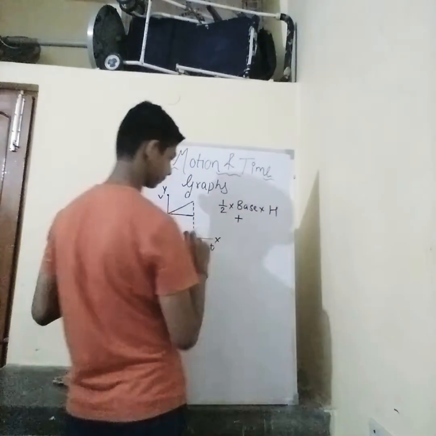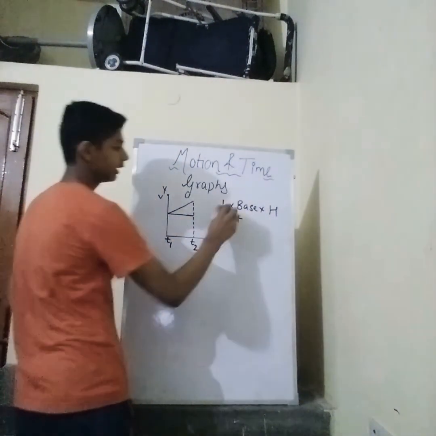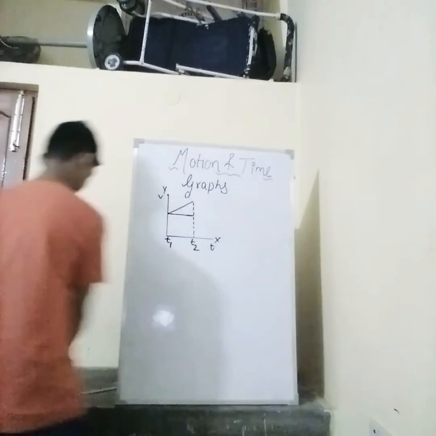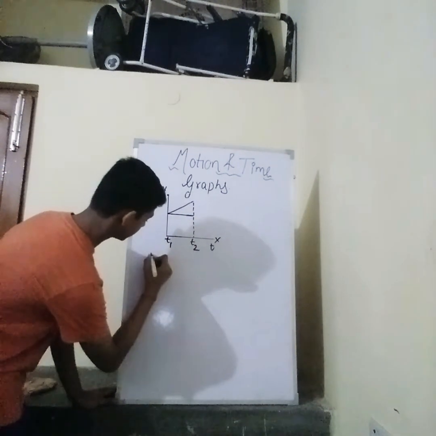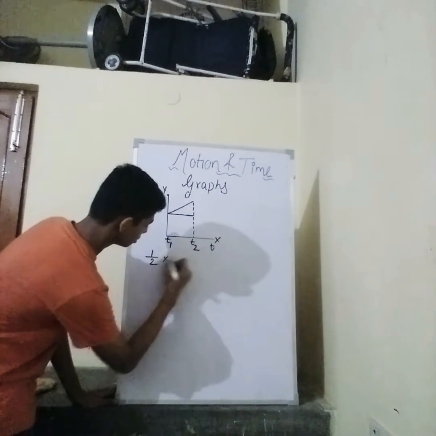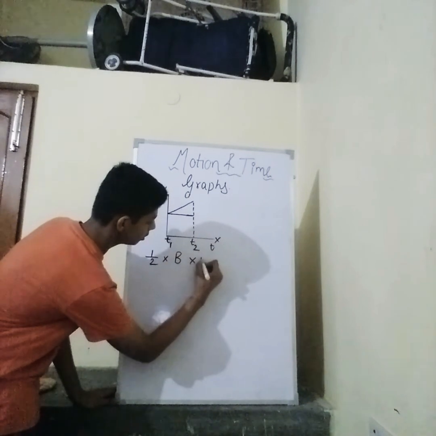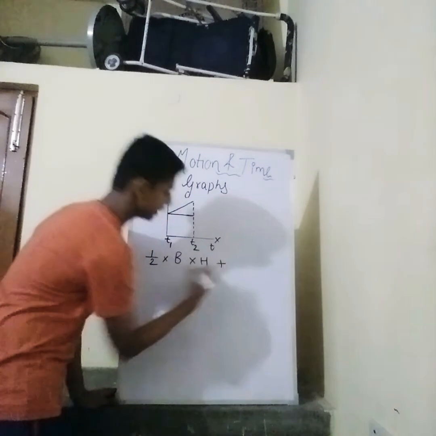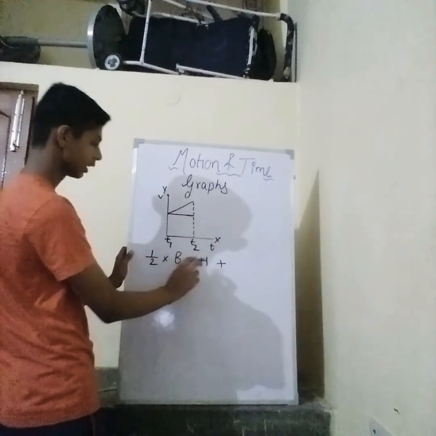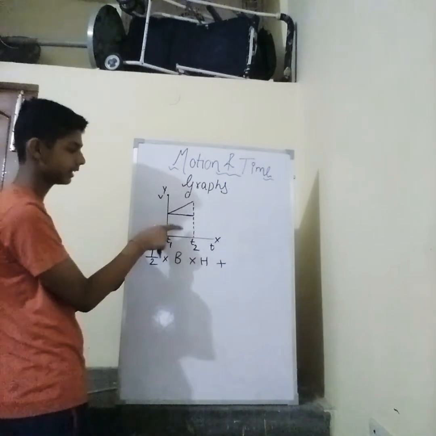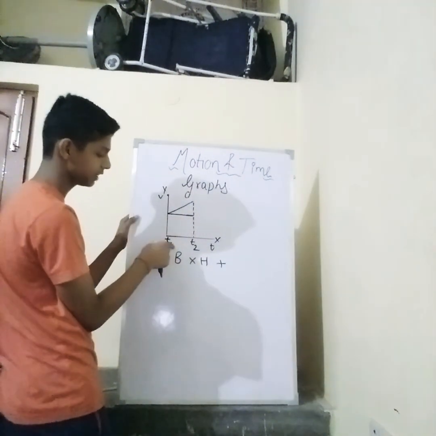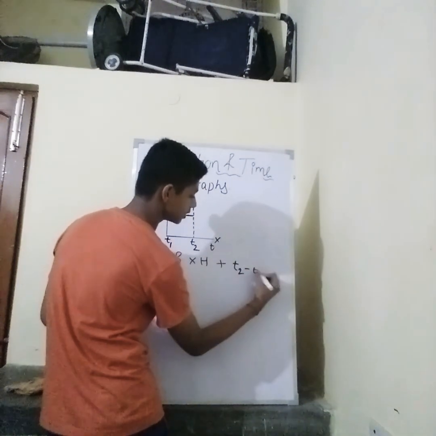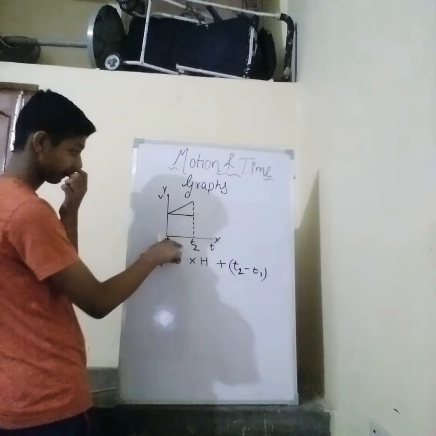Plus, here you cannot see clearly, so I am writing it down. 1 by 2 into B into H. B is for base and H is for height. In addition to this, which is the area under the triangle, the area under the rectangle will be T2 minus T1, okay? T2 minus T1 into,